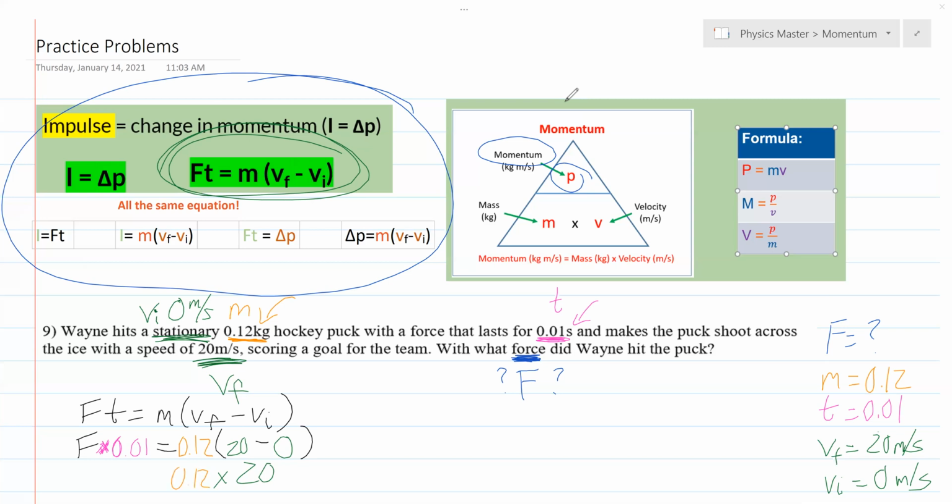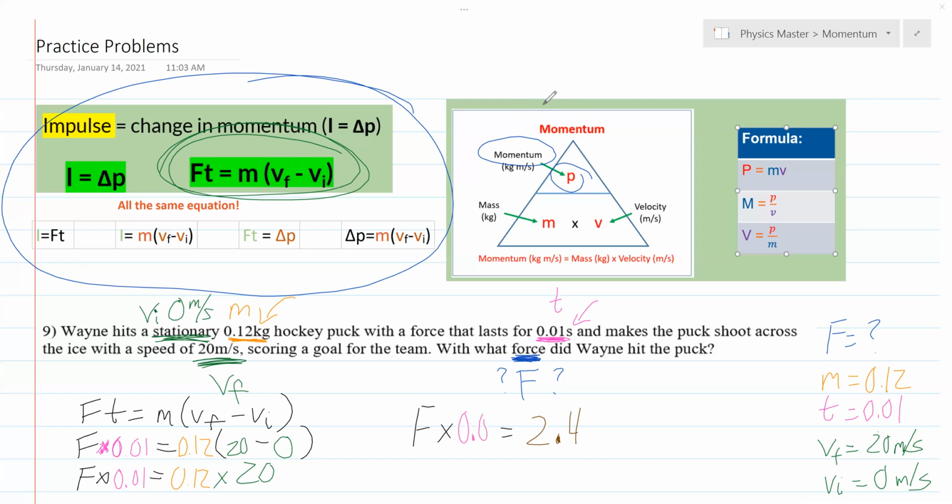Still haven't done anything with this stuff on this side. I know this is low, guys, but if I slide my screen, it's gonna go away. I don't got my calculator, so you guys need to tell me first, what is 0.12 times 20? 2.4, now it says. So I'm gonna go to the side over here so I can have more room. So F times, wait, what did you say it was? Oh, I said it was 2.4. Now I said over here, that was 2.4. We still have this